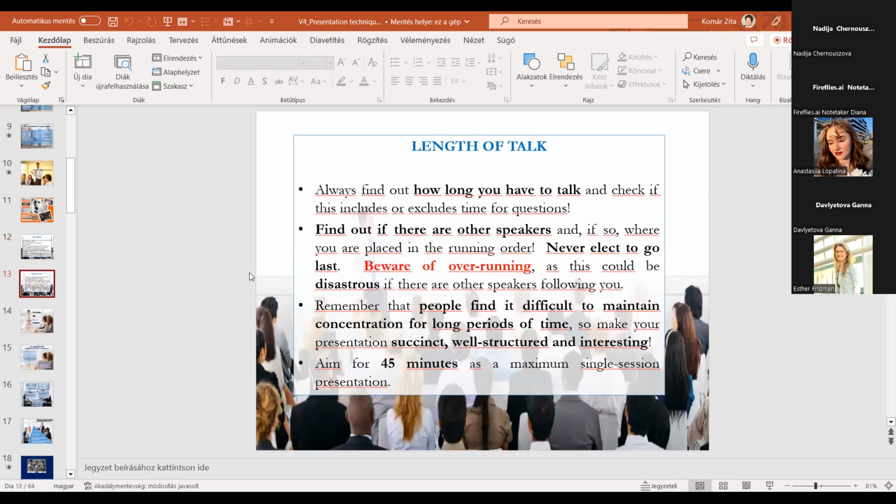And the length of talk, two things are essential here, and this is the golden rule. This is something that you cannot violate when presenting. The two things go hand in hand regarding time. The first one is to never be late. You can never start a presentation late, because people will feel that you're not really there, you're not really interested,